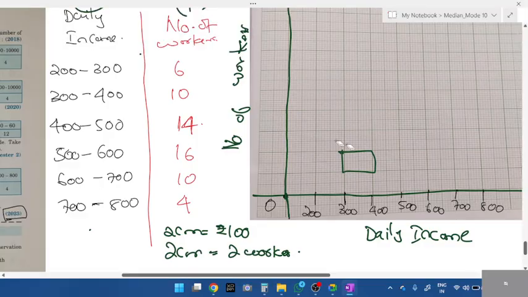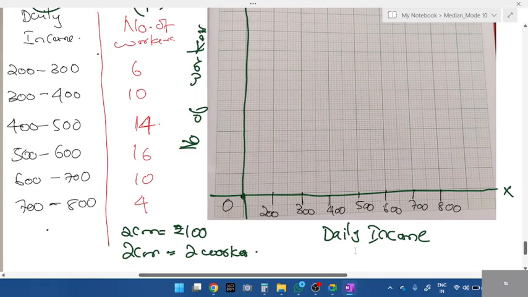What do you mean by rupees here? Number of workers or wages? Rupees, meaning daily income, right? So where should I take 2 centimeter is equals to 100? X-axis or y-axis? X-axis. Can you see each box we have taken 100, 200, 300, 400,